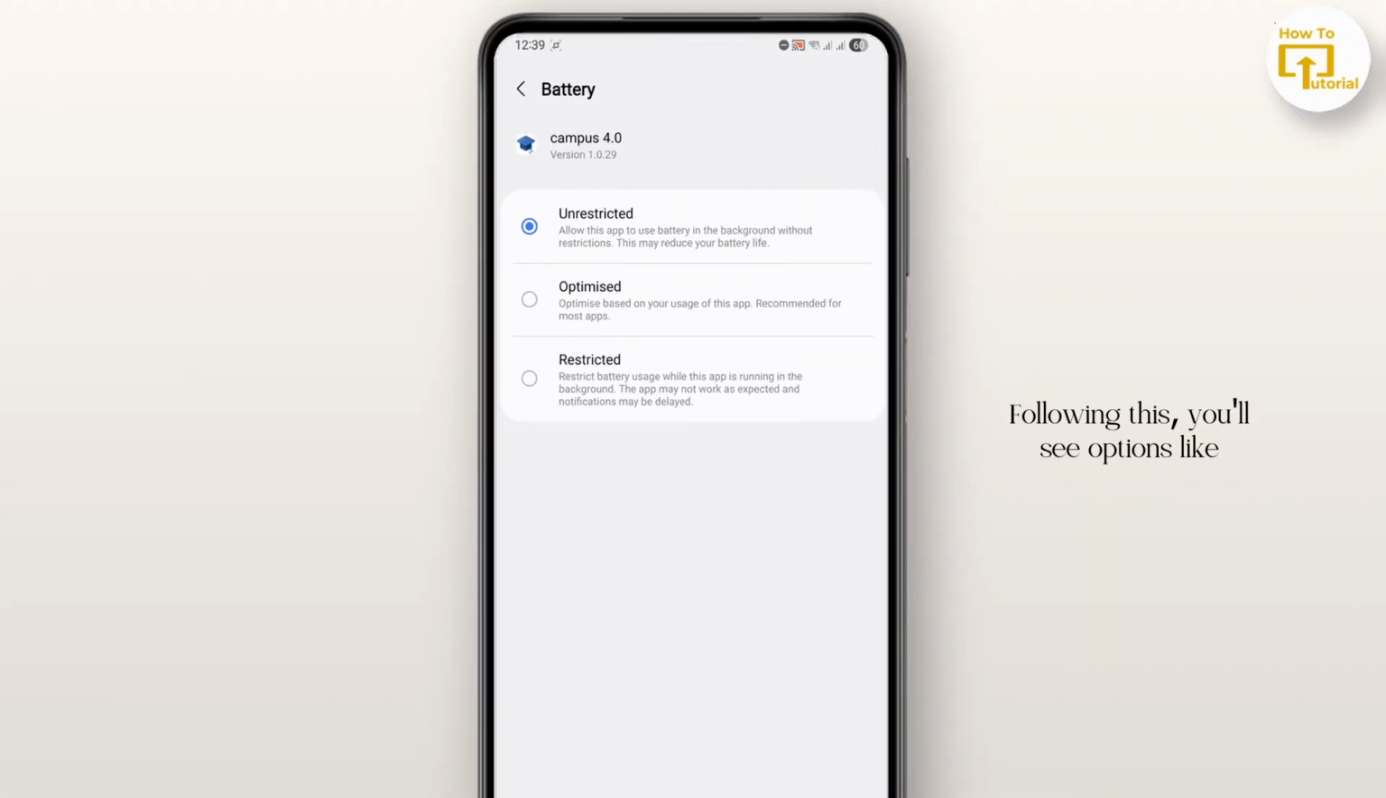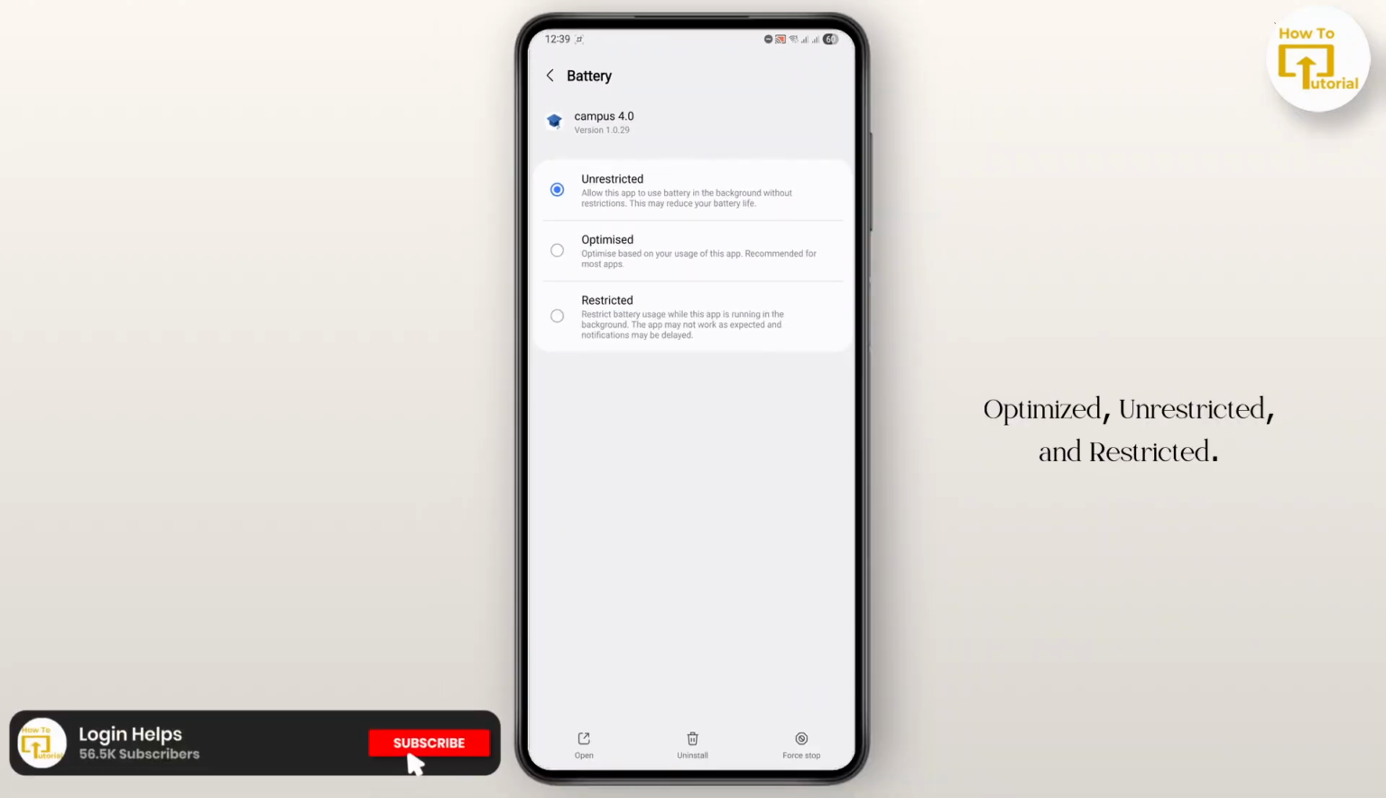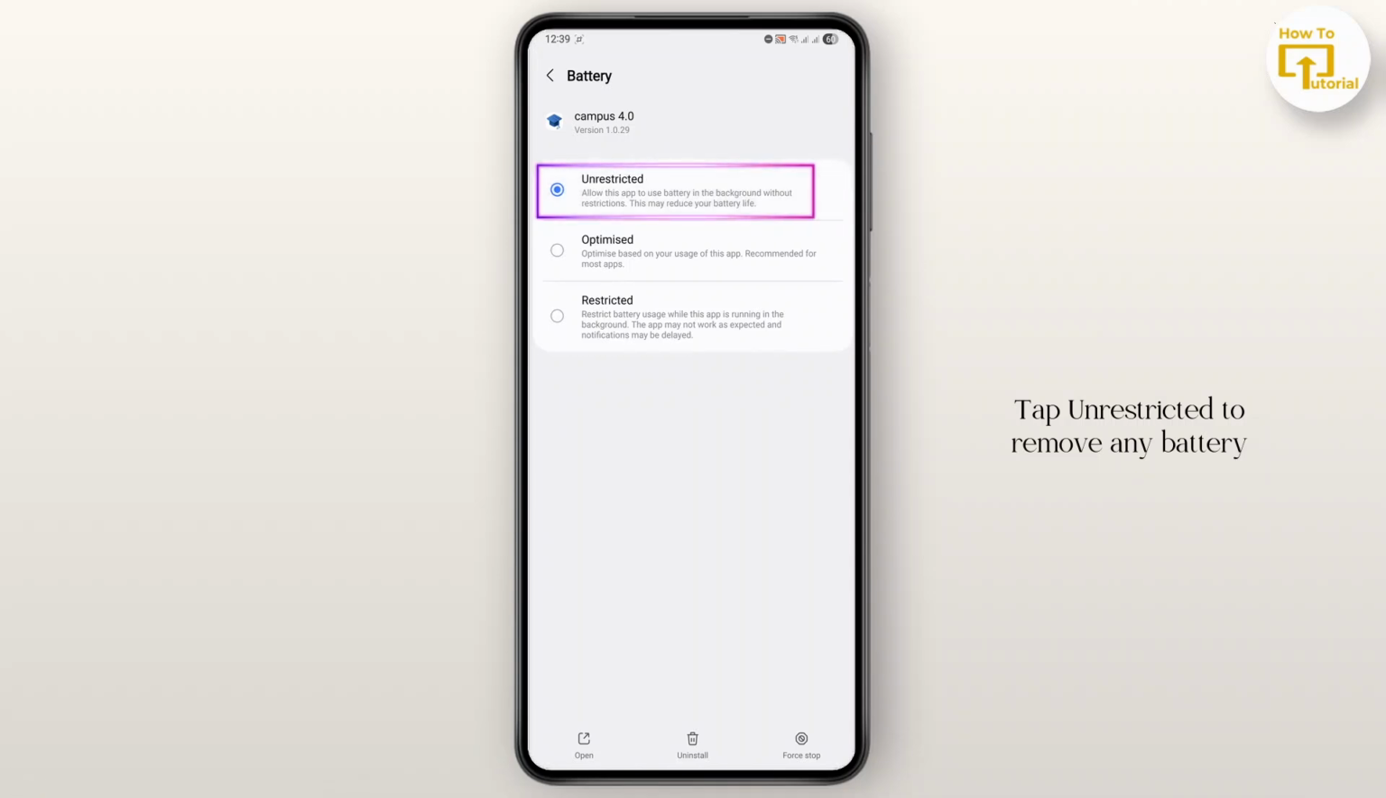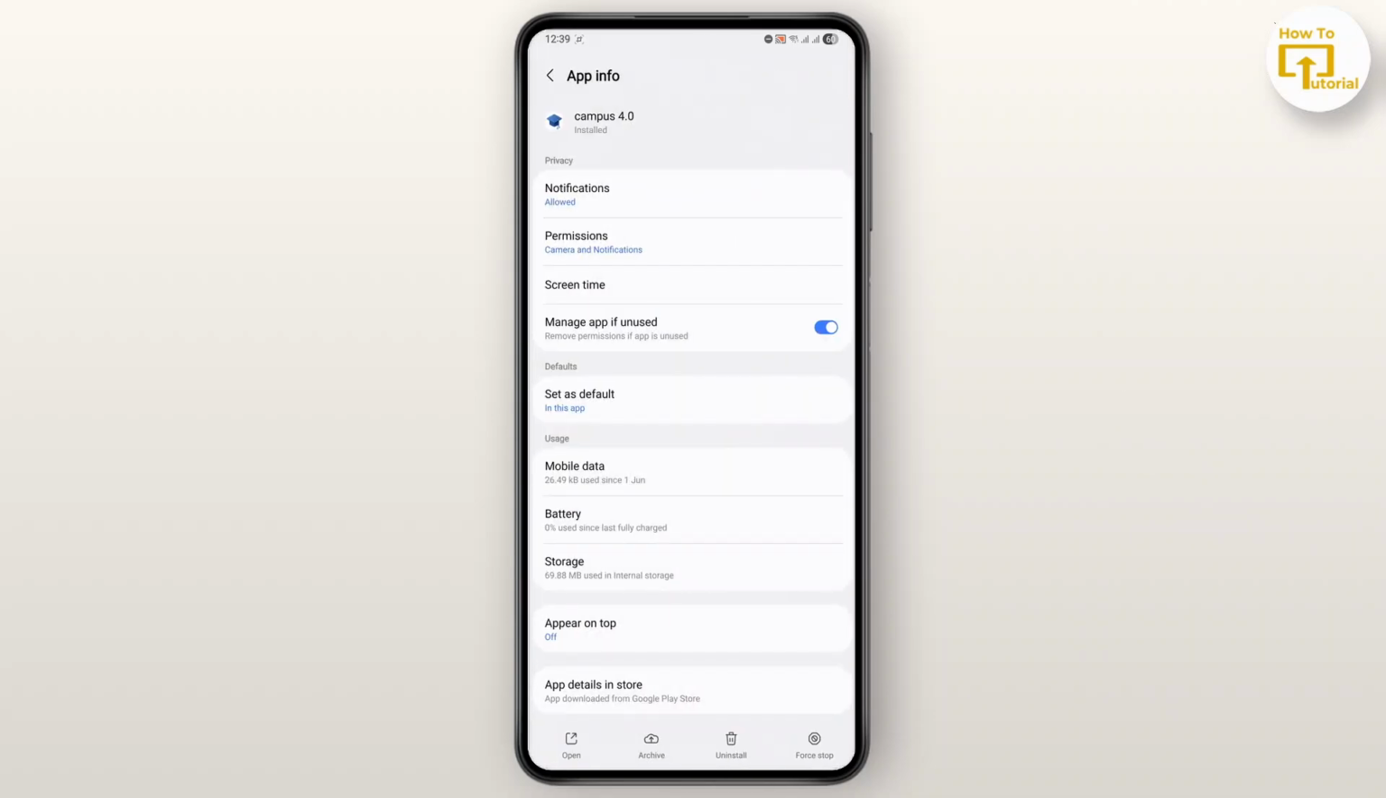Following this, you'll see options like Optimized, Unrestricted, and Restricted. Tap Unrestricted to remove any battery optimization for that app, allowing it to run freely in the background without the system limiting it. After that, a warning may pop up, letting you know this could use more battery, so tap